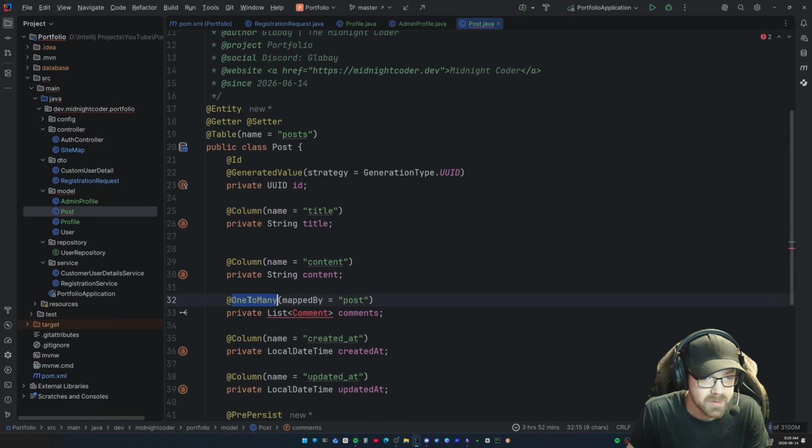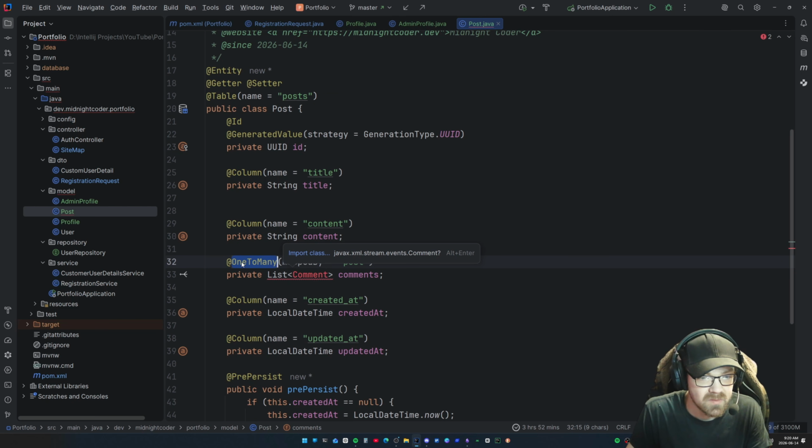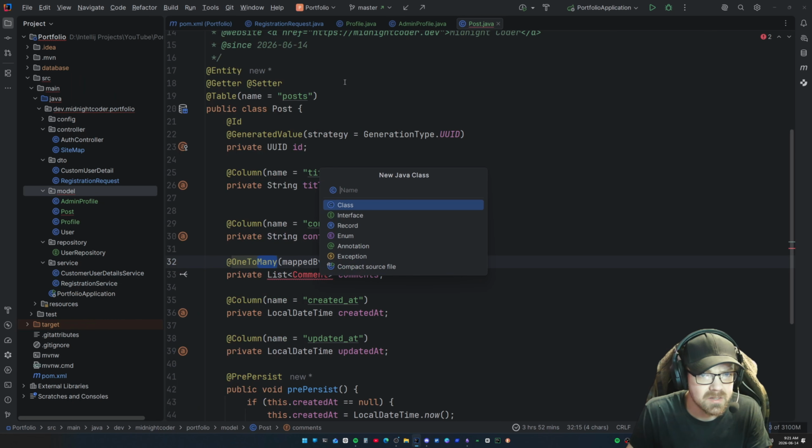Now, this one-to-many mapping means that this one entity, meaning the class that we're in, has many of these elements. In our case, it has a list. So that's how we state this. So now if we come over here and create a comment,